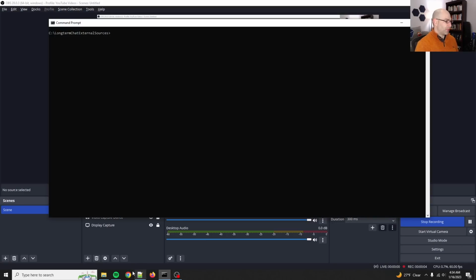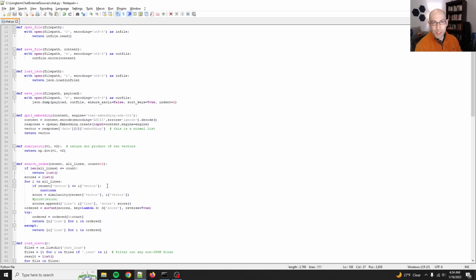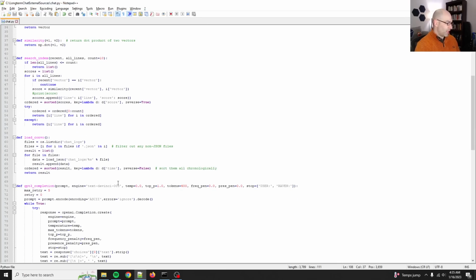And by popular demand, we are working on basically a ChatGPT clone, but with long-term memory and eventually external sources. But first, quick